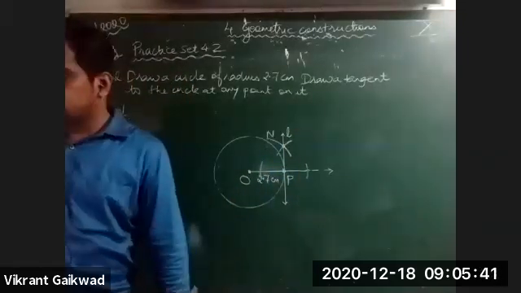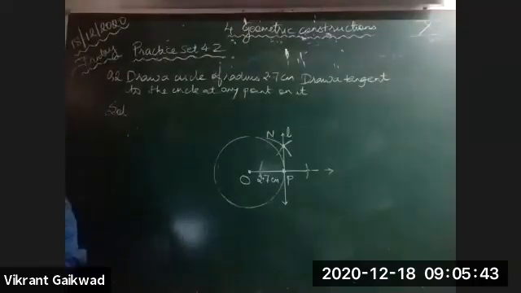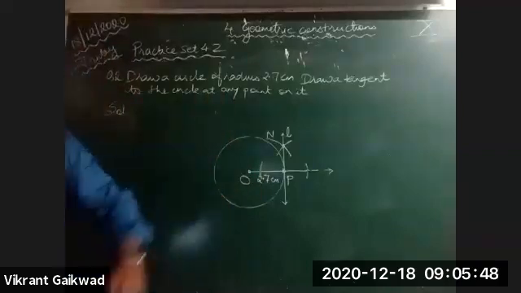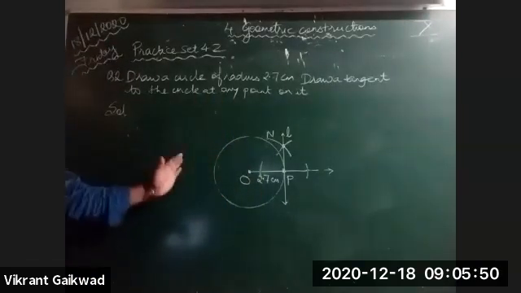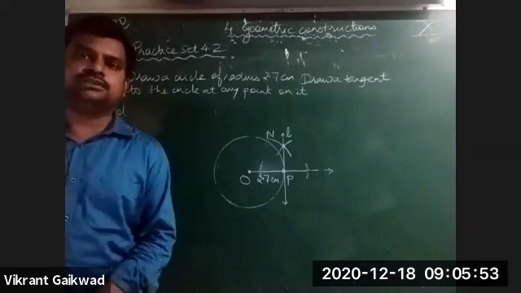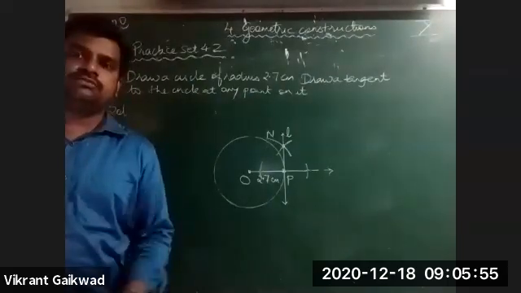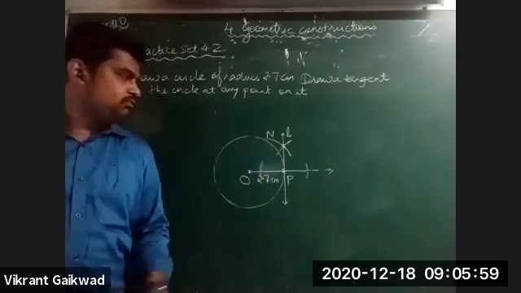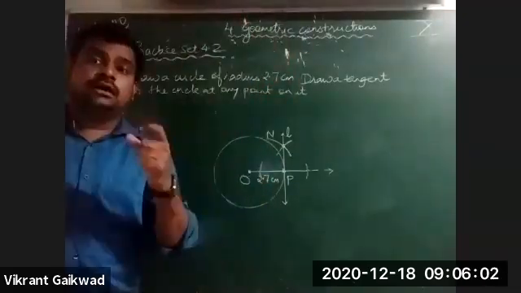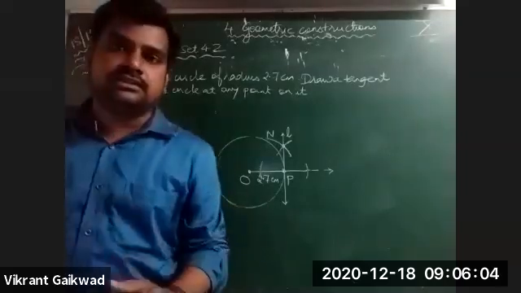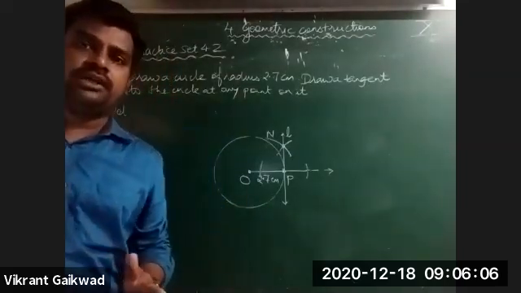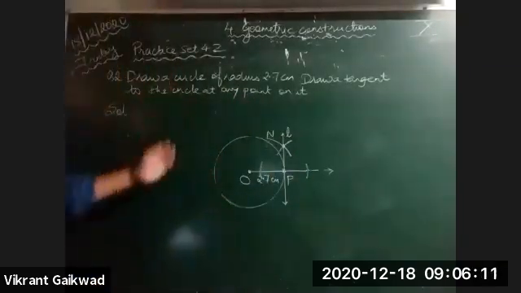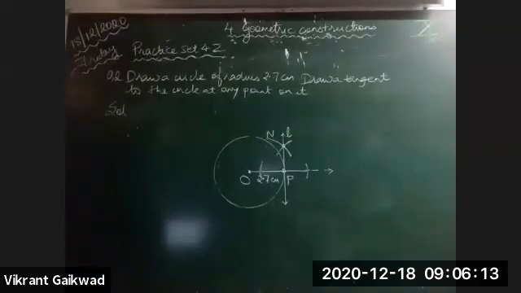Is this clear to all the students? Any difficulty in this construction? It was very easy. Let's move ahead. This question comes for 2 marks in your papers. So you have to be very careful while doing this, and get complete marks in geometry constructions. You don't have to lose any mark in geometry construction because this topic is really easy. So remember the screenshot of this. We'll move ahead to the next question.